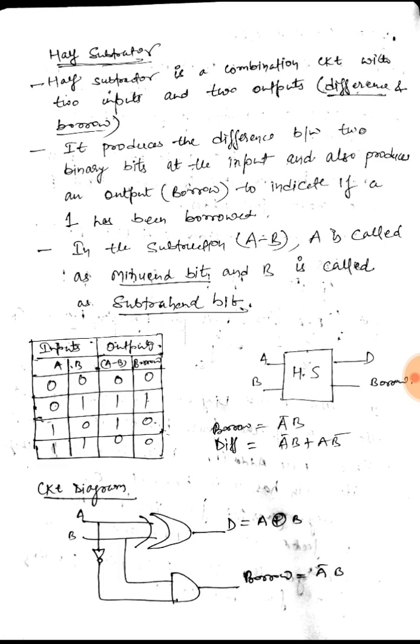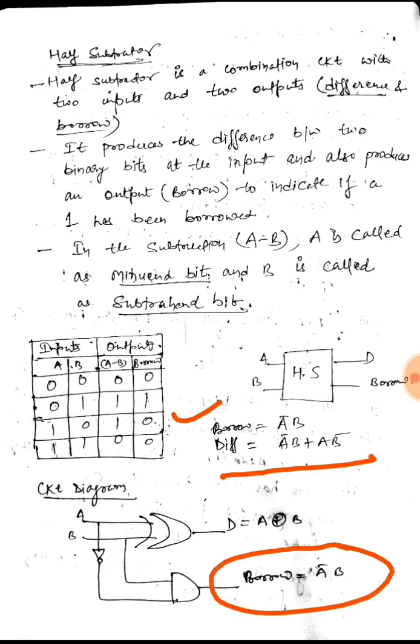So when I write down their logical functions, borrow would be A bar B and difference would again come out to be A XOR B, as was the case in the adder. So the difference is only in the borrow. Difference is the same as the sum, that is an XOR gate is used, and for the borrow it would be